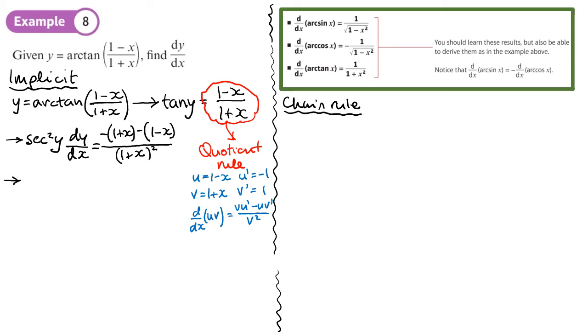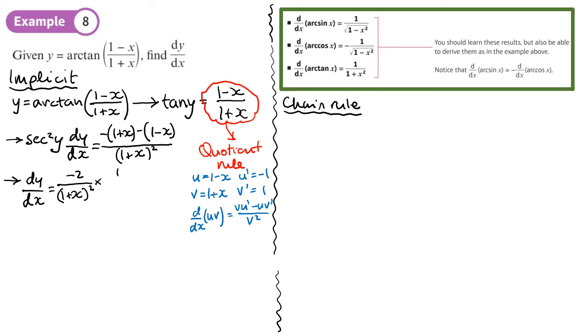We want dy/dx to be the subject, so we'll have dy/dx equal to, now we can probably tidy up this here, because I'll have negative 1, so I'll have negative 2, and then negative x plus x. So actually all I'm left with is negative 2 over (1 plus x) all squared,